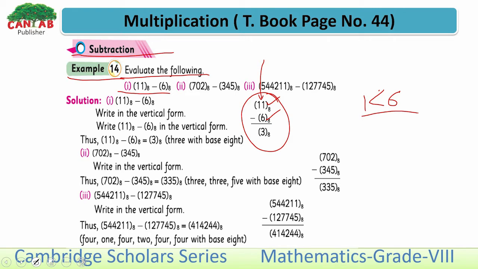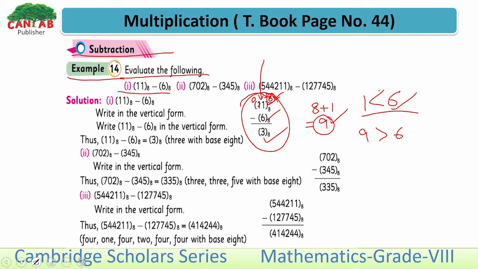We cannot subtract 6 from 1. So we need to borrow a base number from the second column. Here is 1 in second column. When we take 1 to the first column, so we have 0, that is 1 less than 1. So here we have the number 8. So 8, add 8 with number 1, so we have 9. Now subtract 6 from 9 because 9 is greater than 6, so that is 3.